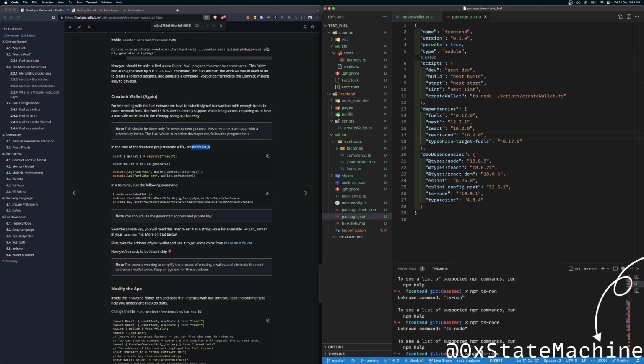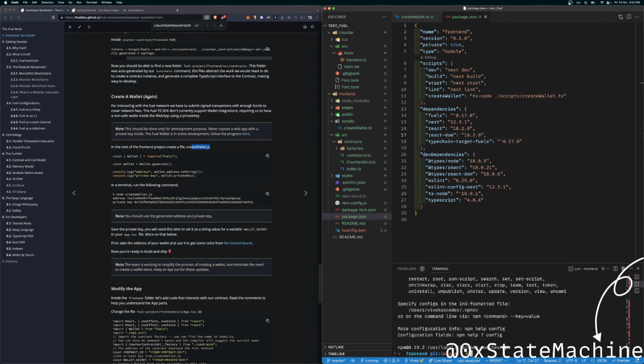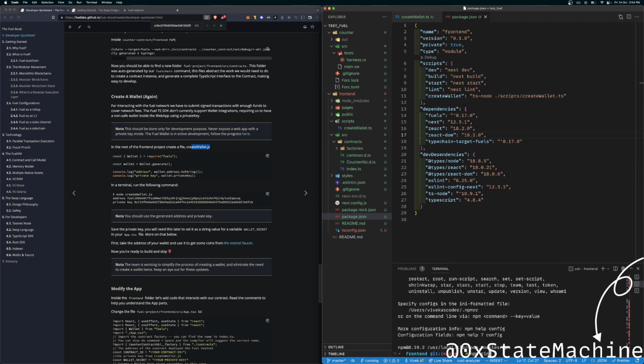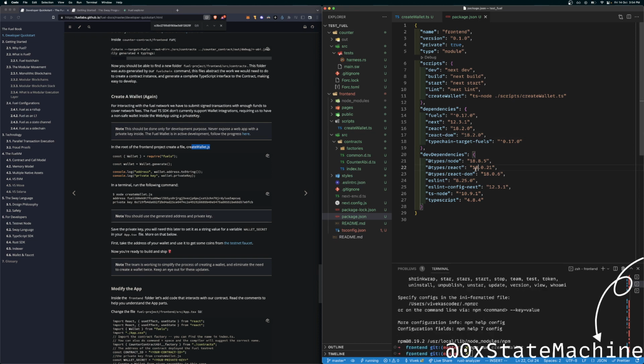Yeah, because there's one more problem with the package manager. I don't want to use this. Let's remove this.